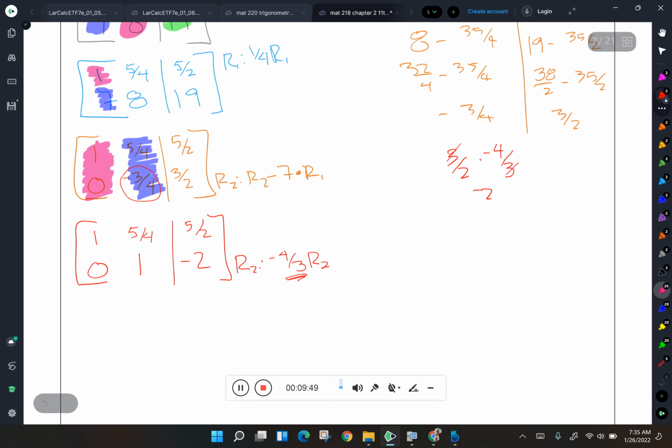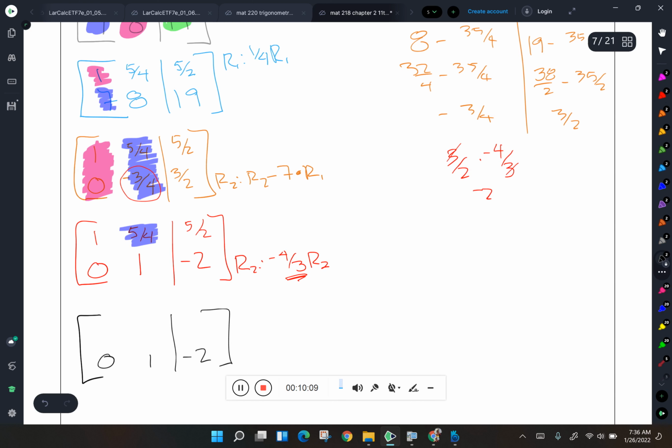Okay. I'm almost done. Last thing I need to do is make this into a 0. All right. So I'll leave row 2 alone: 0, 1, negative 2. And I'm going to take row 1 and replace it with row 1 minus 5/4 of row 2. Well, since there's a 0 in that first position, that'll stay a 1. And in the second position, that's going to turn into a 0 because 5/4 times this 1 right here, 5/4